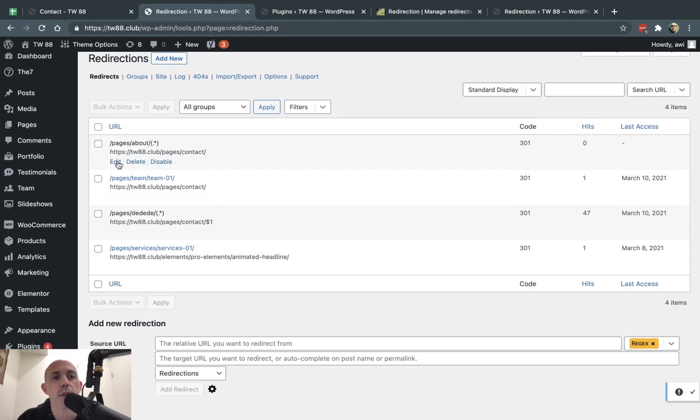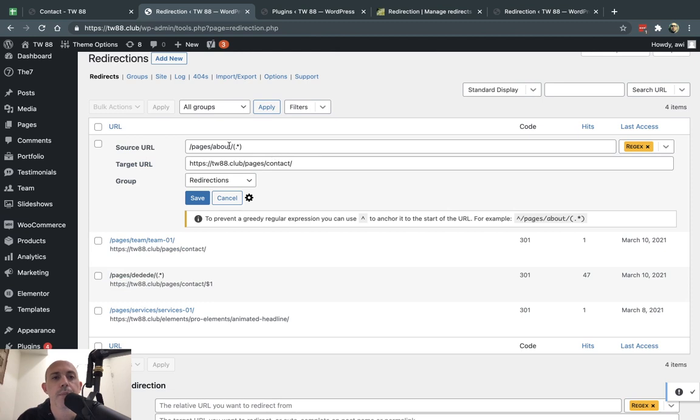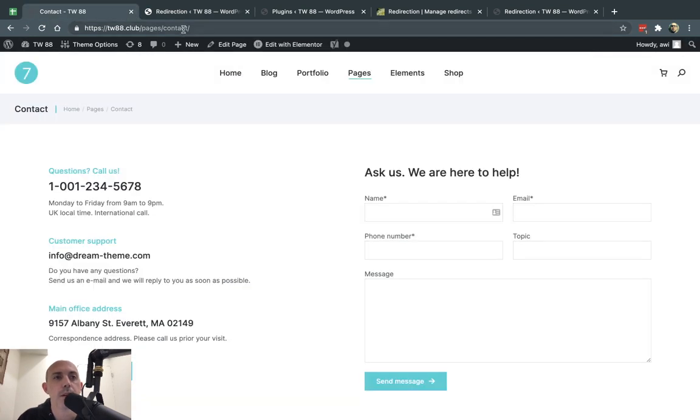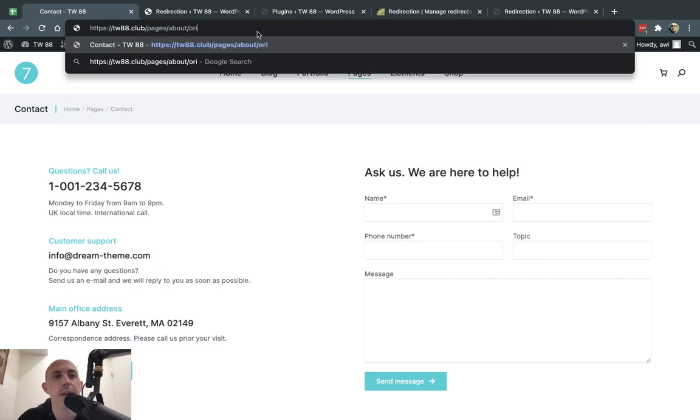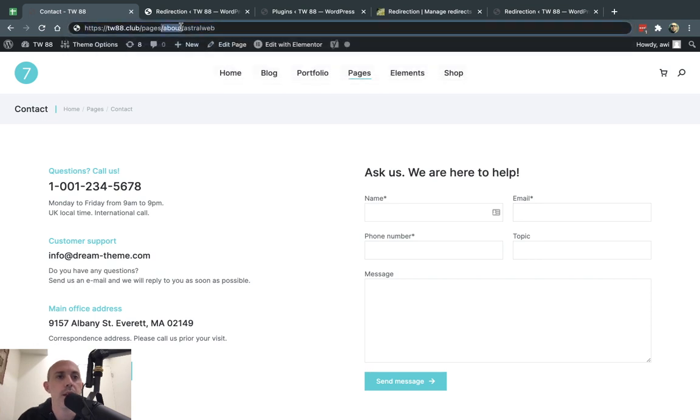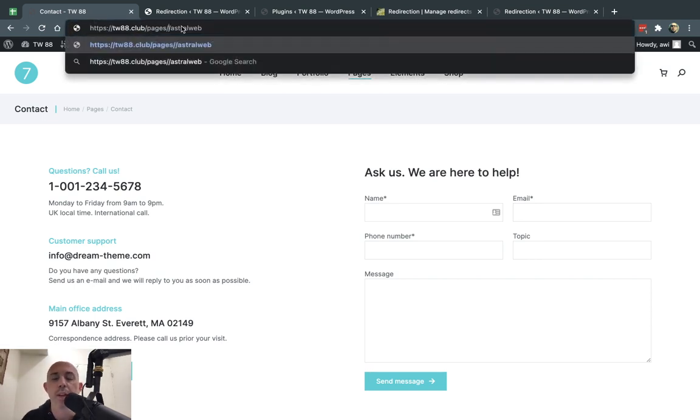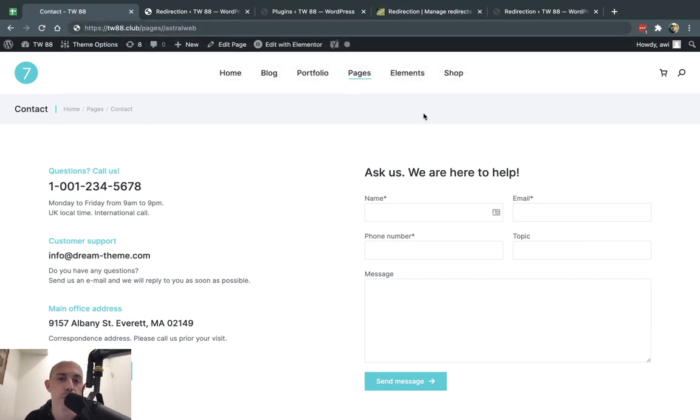You can also do things like, I want to redirect About Us to contact, but I want to keep the section that says, let's say AstroWeb, and I want to redirect this to maybe contact us. So you can do many things, but if you have any questions, let me know. That's a whole other topic about how to do this. Programmers know it very well. There are a lot of tools to automate creating regex requirements. So anyways, that's it.